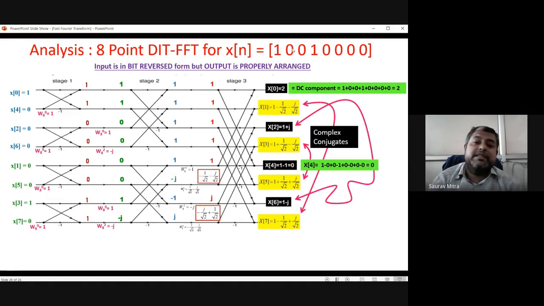Now some questions I can ask you. I'll give you xn as 1001. I'm not going to give you xn of length 8. I'll give you xn of length 4, 1001, and I'll ask you to find the 8-point DIT FFT. So what is the first step? You have to pad zeros: 1001 0000. Whatever sequence is given, you first have to make it 8-point. Maybe I can give you a 6-point or 5-point sequence. So the first thing you have to do is keep on padding zeros